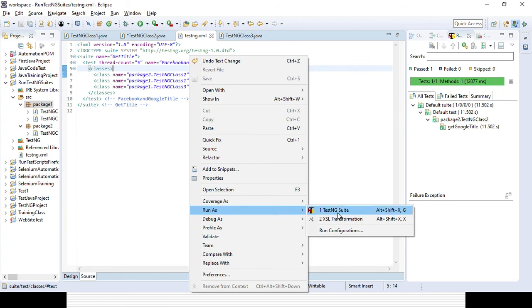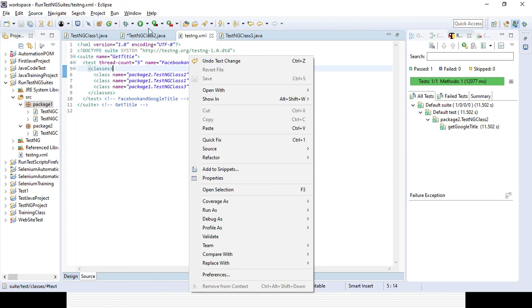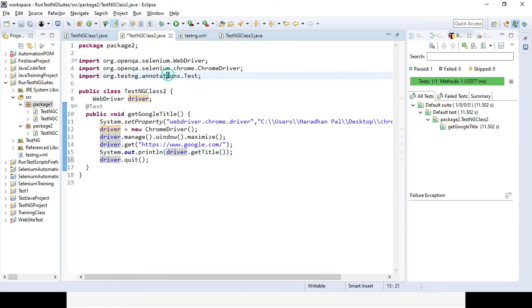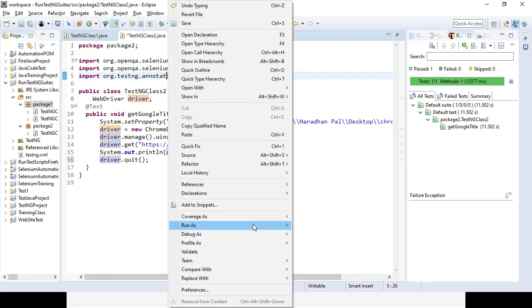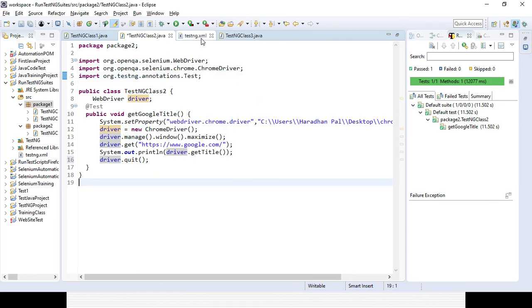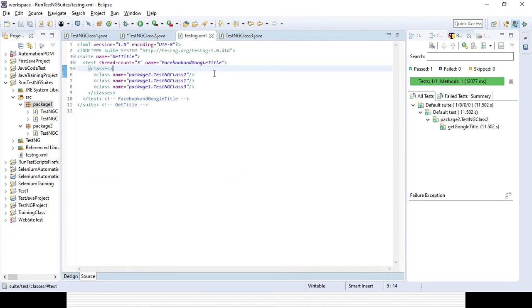That is the reason. So you can run the whole suite, whatever suite name you have given. In the suite there are multiple packages and multiple classes, so multiple classes available in multiple packages, you can run in a single shot. That is the difference. If you go to the class level and want to run it, you only find the option as TestNG Test. But here in the XML file, whatever we have created,